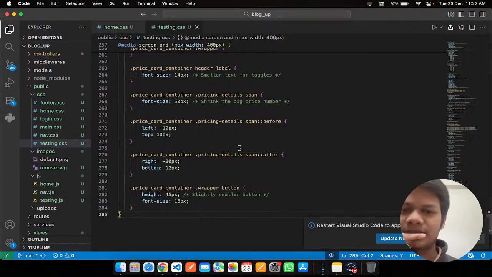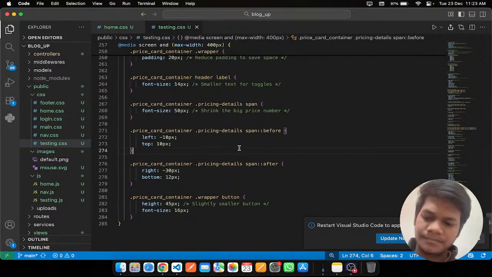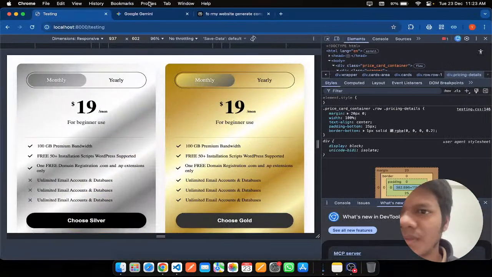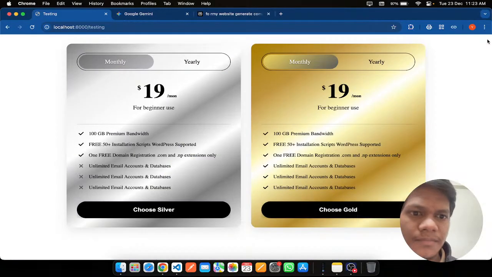I don't find it responsive. But when we do